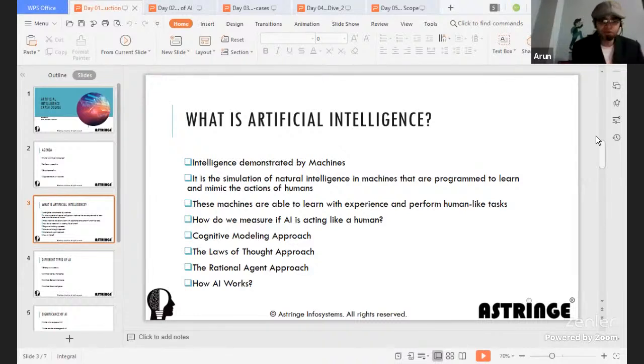So that could include the laws of thought approach, could be rational agent approach, or could be even how the AI works. Okay, how AI works is a generic topic. I'll not say much about that, but at least let's touch base on the other aspects. Now,